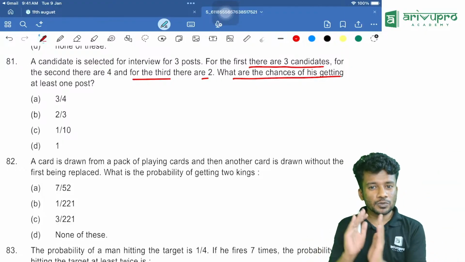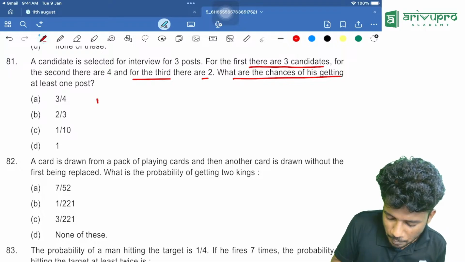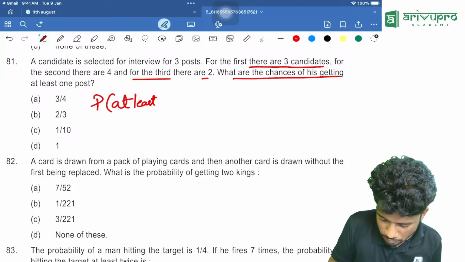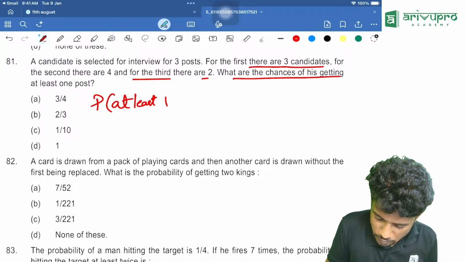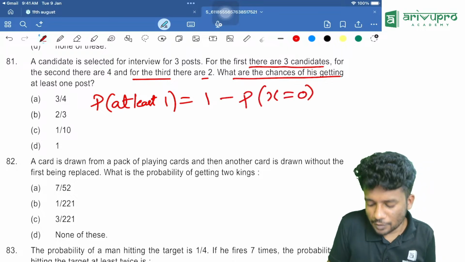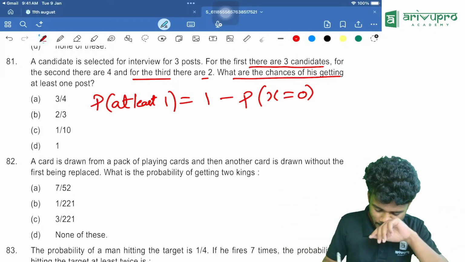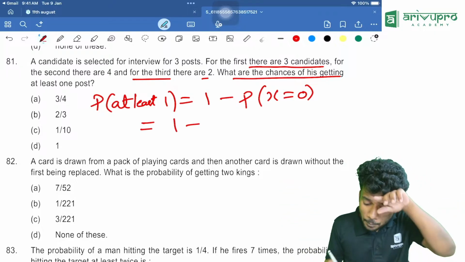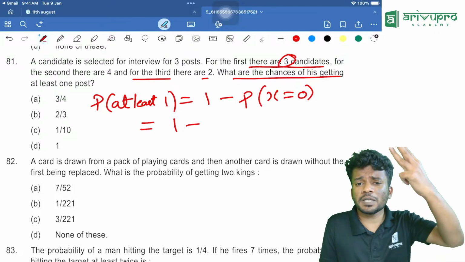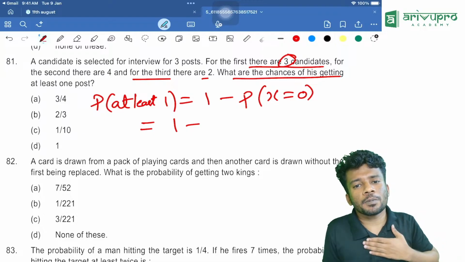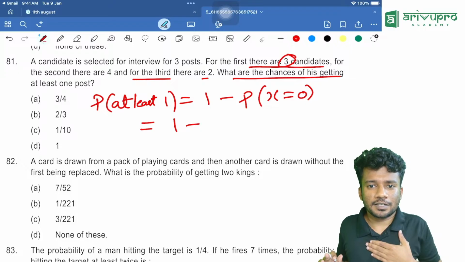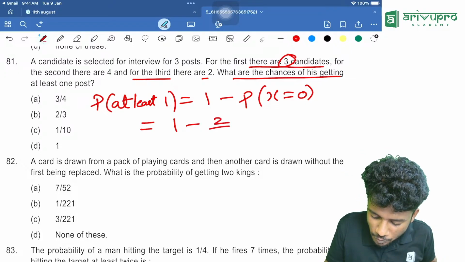So we can always use our other method. That is, P of at least 1 is equal to 1 minus P of x is equal to 0. That means I am not getting selected anywhere. Now you tell me, 1 minus P of first job. In the first job, how many candidates are there? Including me, 3 candidates are there. That means what is the probability of me not getting a job? If I get selected, the probability is 1 by 3. If the other 2 get selected, the probability is 2 by 3, into